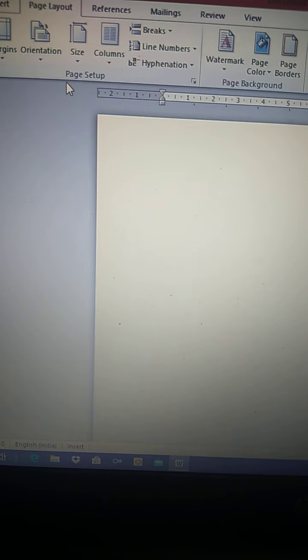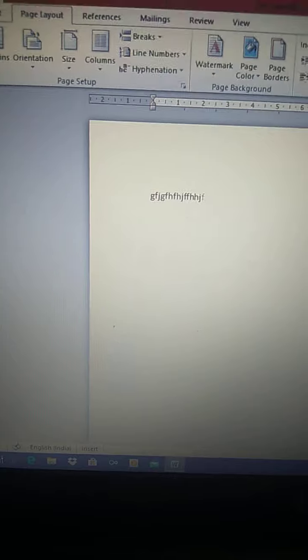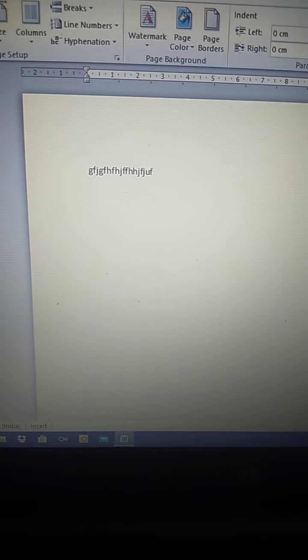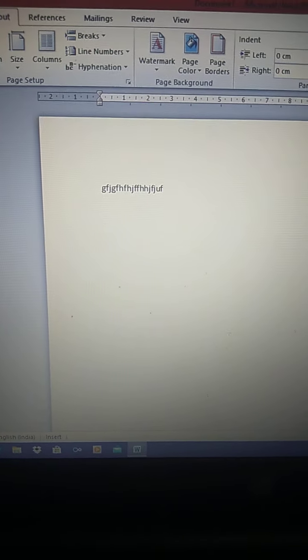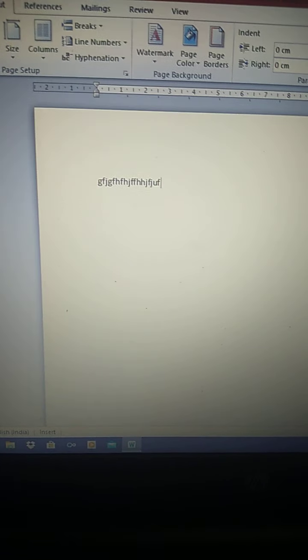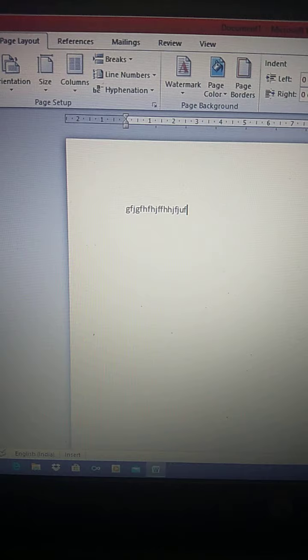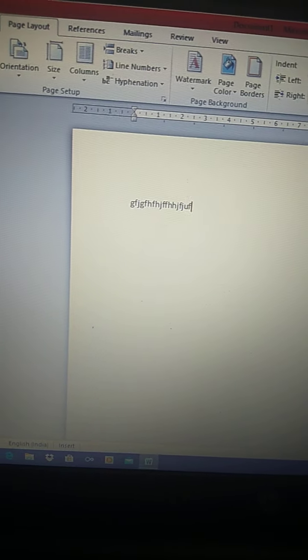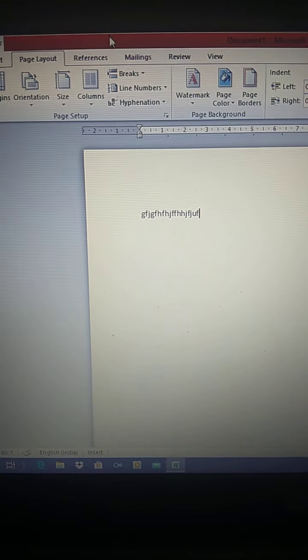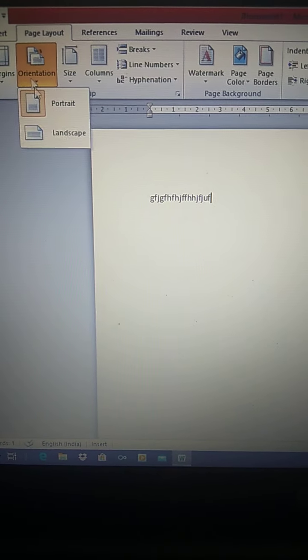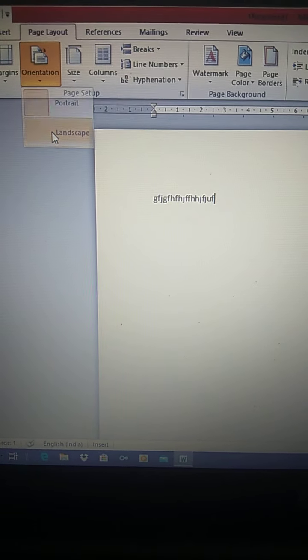Portrait is as you have done. For example, this I am doing. This is the portrait orientation and it will be more visible when you get the printout of that copy. Portrait is simple, as when you have seen some books like your computer book, the typing is done, that is the portrait orientation. And for landscape orientation you have your drawing or art and craft books. All that design is your landscape orientation.